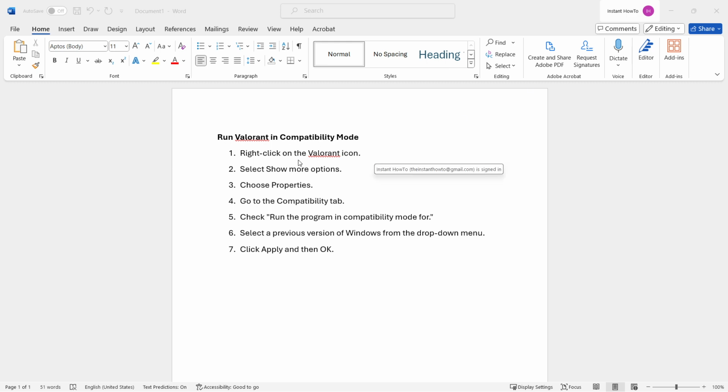And the way you do this is simply by finding the Valorant icon on your desktop, and you want to right click on it and then select show more options. Then you want to click properties. And then there's a bunch of tabs on there, and you want to go to the compatibility tab. And once you click on that, you want to look for the run the program in compatibility mode for